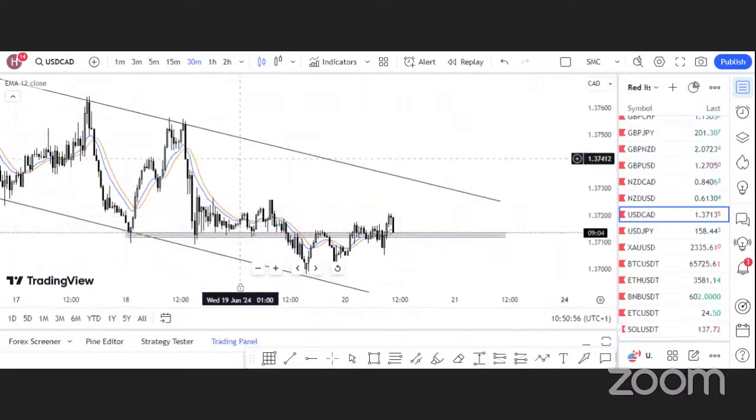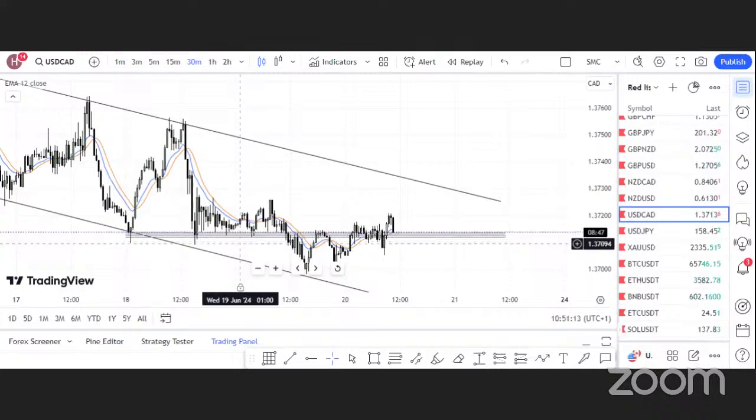So I'm currently waiting to see if this is going to create a rejection or break below this level. My analysis is saying that the market is going to break below this level. But if it doesn't break below the level